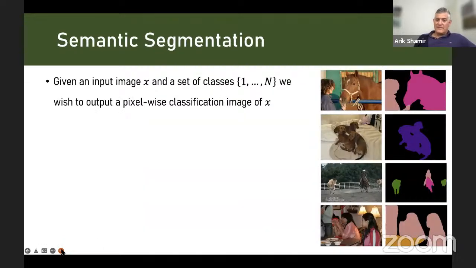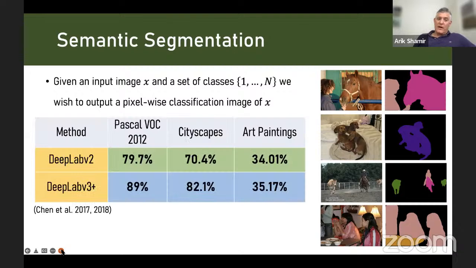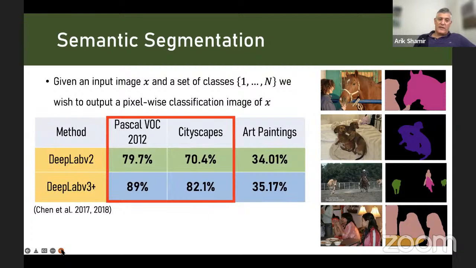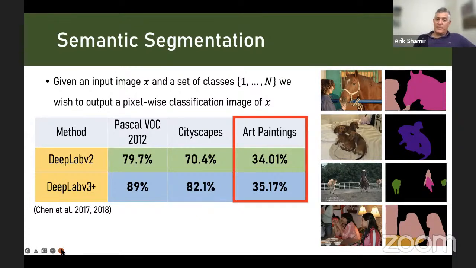Other tasks such as semantic segmentation of images, again, work well on photorealistic images, as you can see here. We can segment the pixels of each image into different classes, such as dog, horses, cows, people, and so on. Current algorithms work very well on photorealistic images. They tend to gain almost 80 or 90% precision. But when you move to other domains, such as art paintings, you see a very big drop in performance.